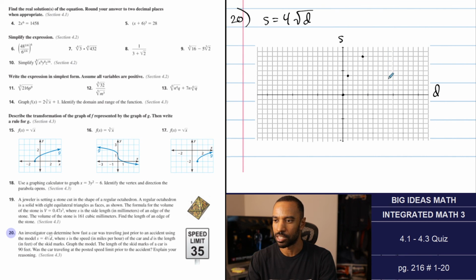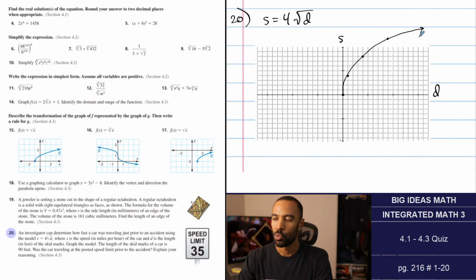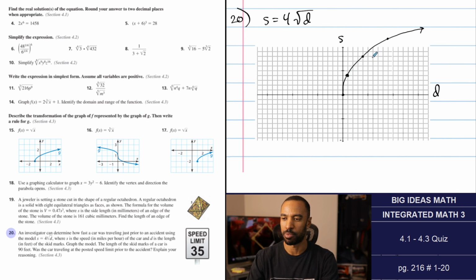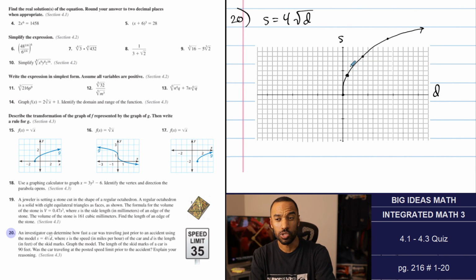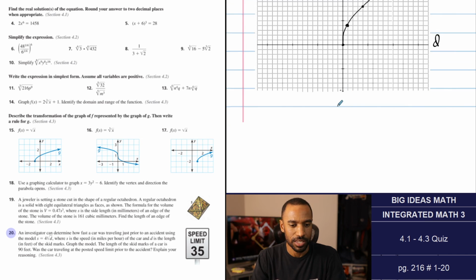Now that technically doesn't fit here, but I'm going to force it. Here's 10, 11, 12. I'm going to force it up like that. Here's a square root graph like that. And as your distance increases, your speed increases by a little less over time. We don't have the distance of 90 feet on the graph, but that's the graph itself. We could use a graphing calculator, but I kind of want to do this a little more based off this. Now it says if your distance is 90 feet,